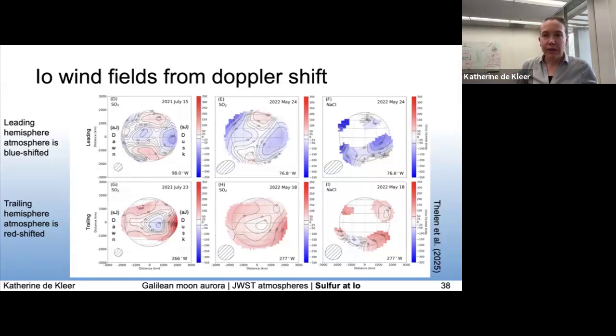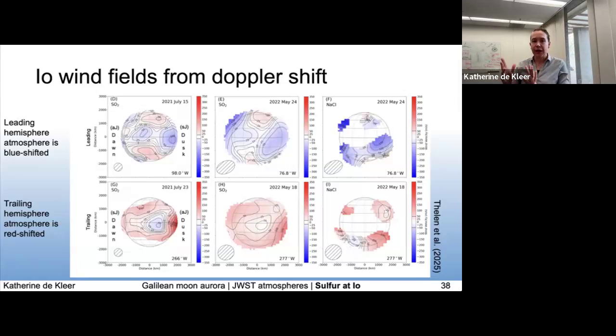And this is not consistent with the sublimation picture alone. It's not consistent with the volcanic plume picture alone. And what we think is happening here is that the trailing hemisphere moving away from you and the leading hemisphere moving towards you means that the atmosphere is always moving, broadly speaking, in the direction of motion of Io. And the only factor that can really produce an effect that's always in the direction of motion of Io